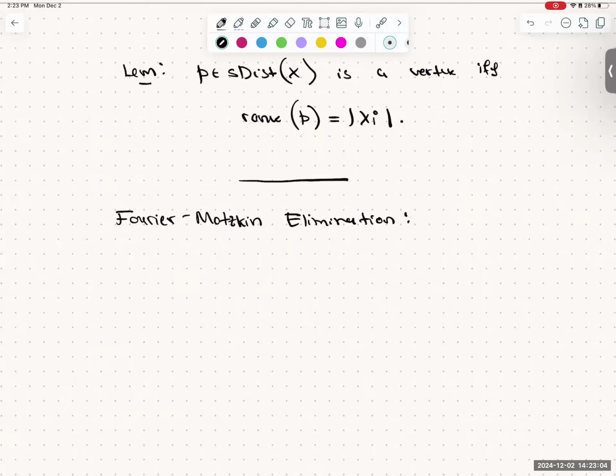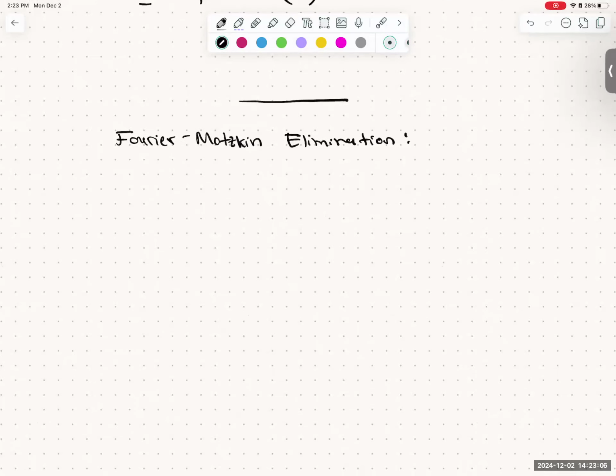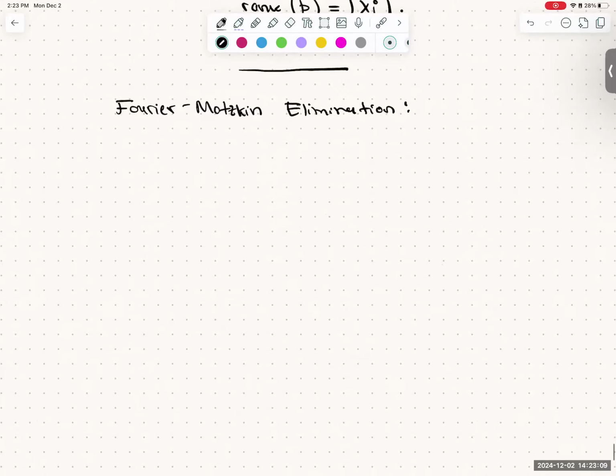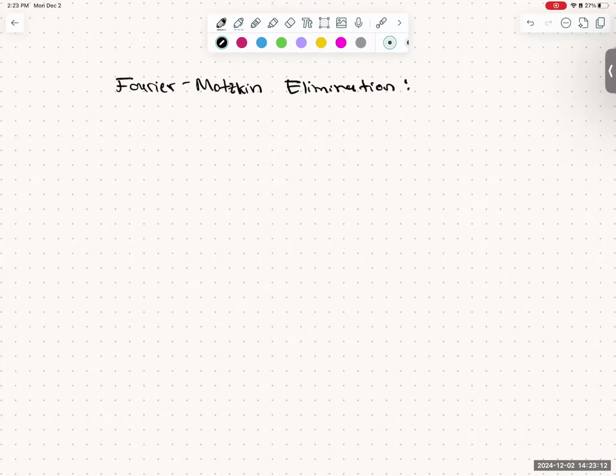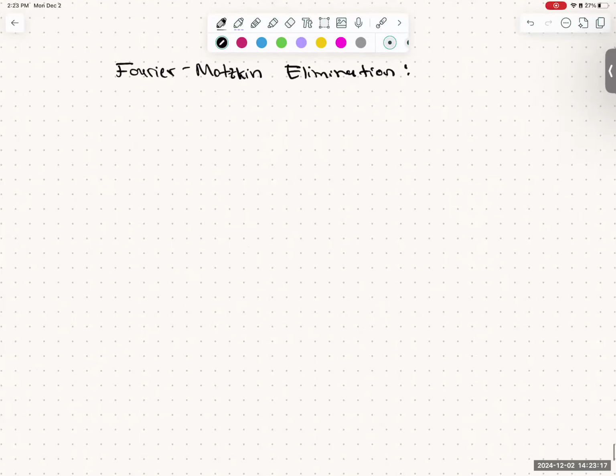A very common notion in polytope theory is Fourier-Motzkin elimination. It's kind of just the analog of Gaussian elimination for inequalities. So if I have a set of inequalities, let's say a1 dot x greater than or equal to b1, up to am dot x greater than or equal to bm, and I want to eliminate a variable from this set, say xj, then I